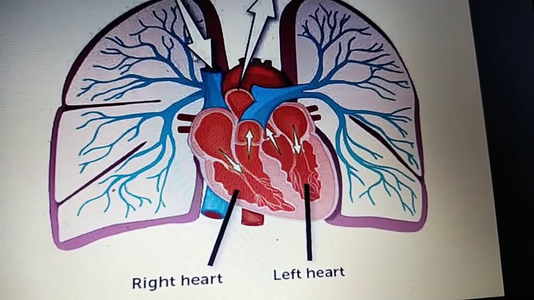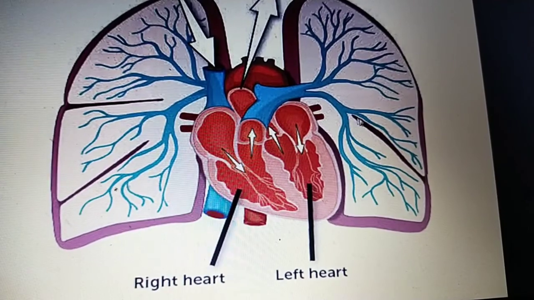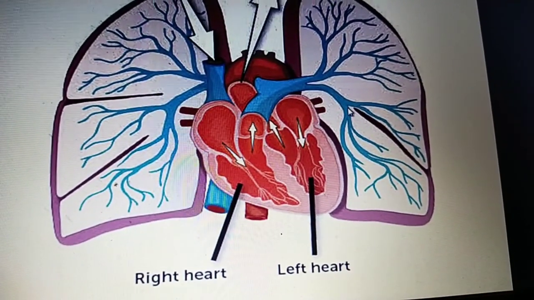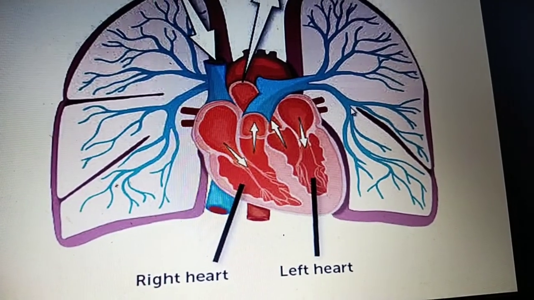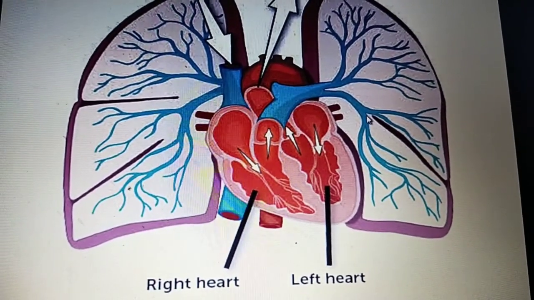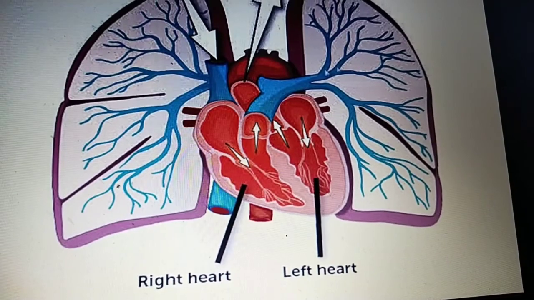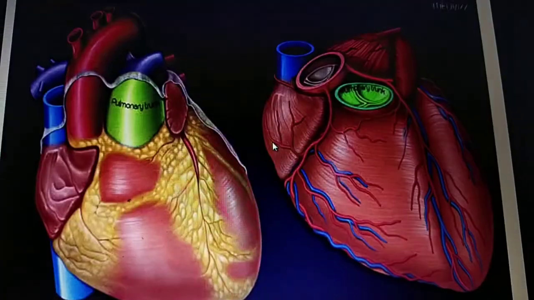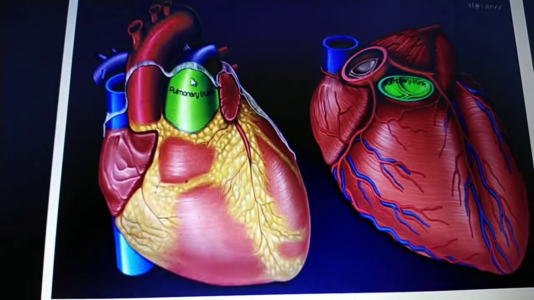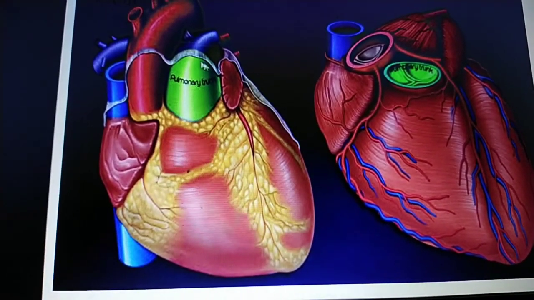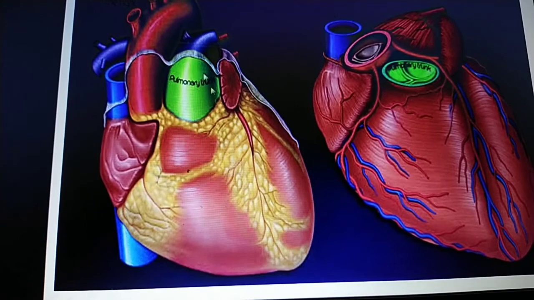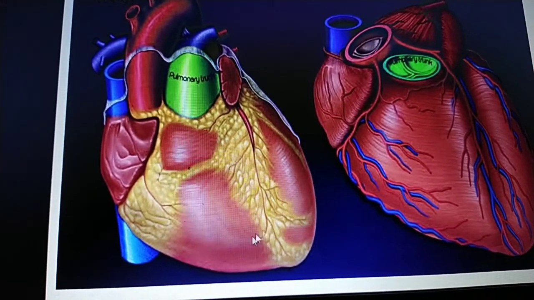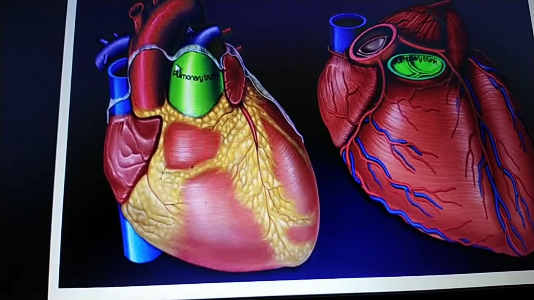of the lung, and gives the blood supply to the lungs. These carry the deoxygenated blood to the lungs for the purpose of gas exchange. Okay, this is about the pulmonary trunk. The pulmonary trunk is completely enclosed by, or covered by, the fibrous pericardium, or you can say the parietal pericardium, not the visceral pericardium.